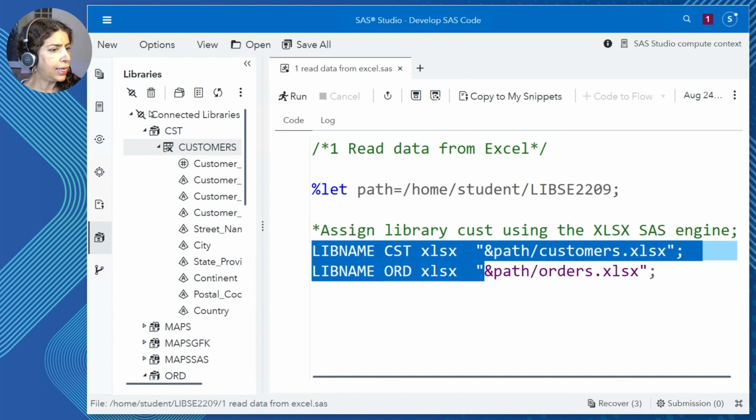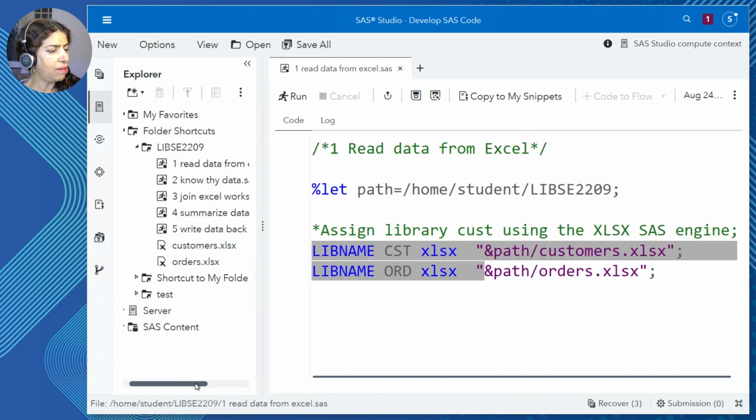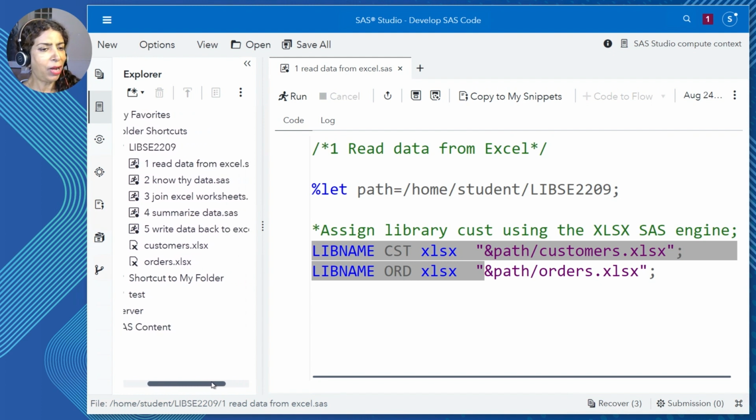Now that I brought in the Excel workbook and worksheets so that they are like SAS data sets, I can actually start to do some work using SAS code. And before I dive in, I have to remind you, if you have already done this before, you know what I'm talking about. The number one rule for all data workers, you know that rule, know thy data. Know thy data has to be the number one principle for data workers.